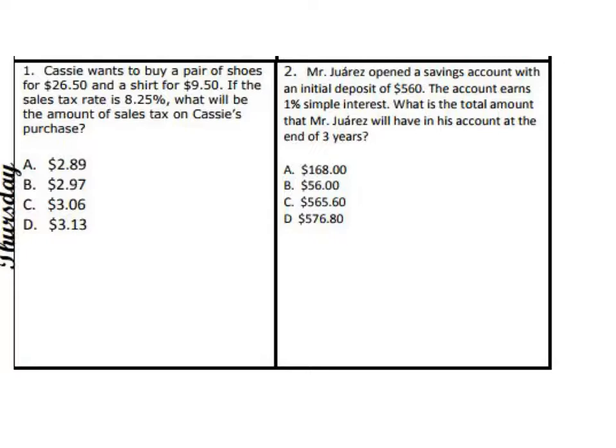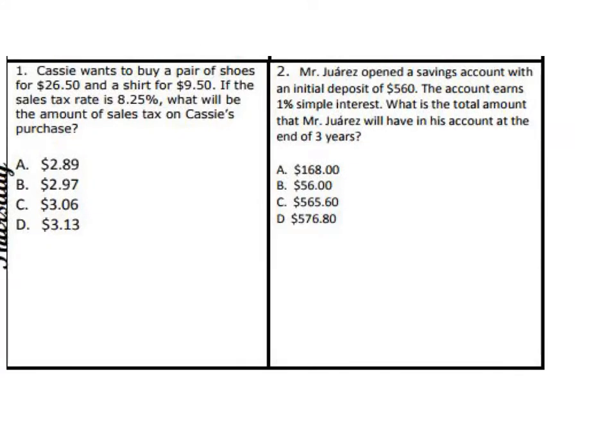So, wait, isn't the $26.50 and $9.50 extra information? It's not. Because it's asking for the sales tax on the purchase. So telling you what she's buying is kind of extra information, but all you need is the $26.50, the $9.50, and then how much the rate is. So we're going to go ahead and add